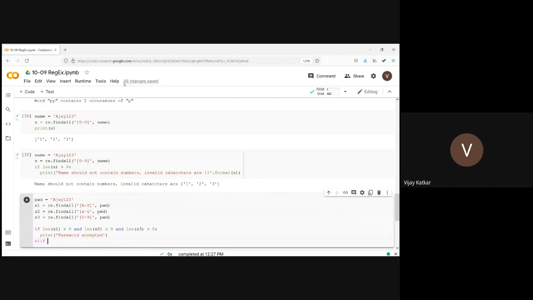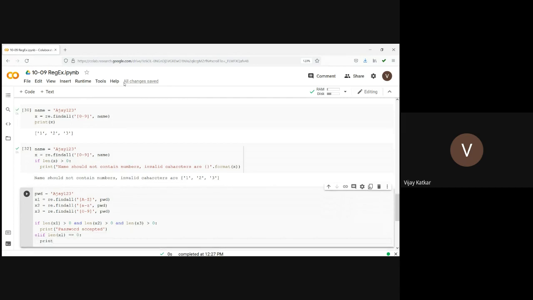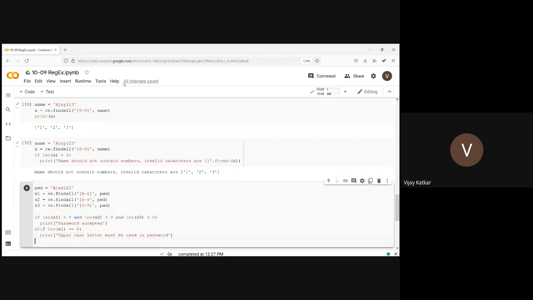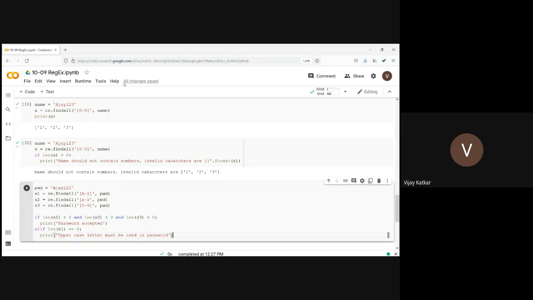Else if the length of x1 is 0, in that case we will print: uppercase letter must be used in password. Okay, instead of else if, I'll simplify the code.